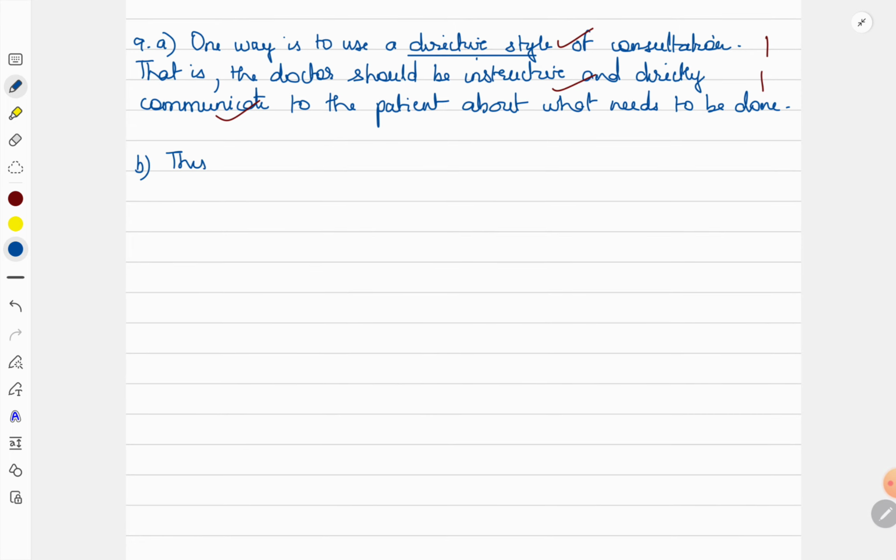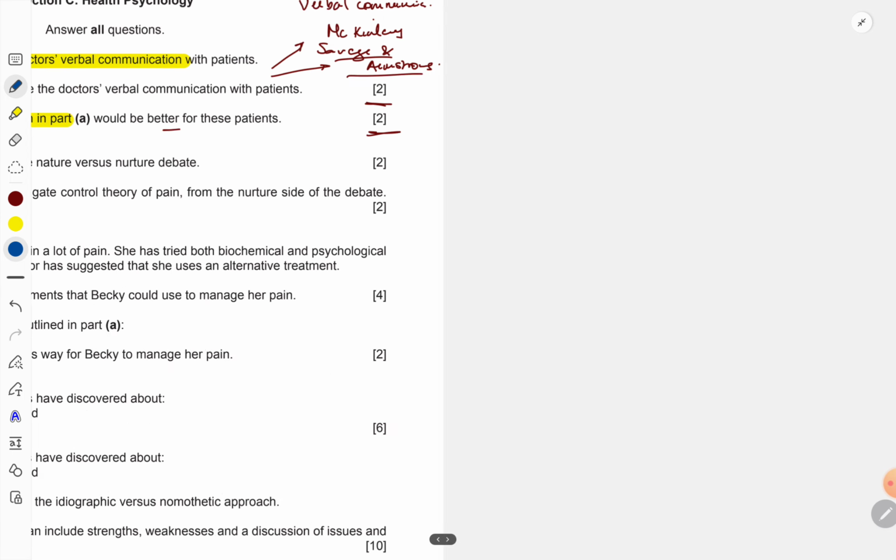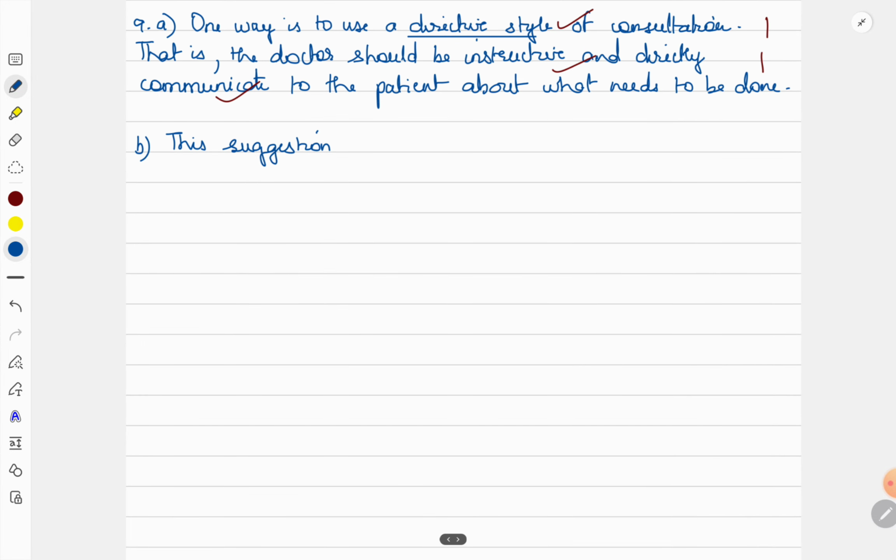So I would take it as B. This suggestion would be better. You can see I keep referring to the question for the wording so that I don't make mistakes by adding some words of my own. What happens is sometimes we interpret the question in the wrong way, so then the type of language we use is inappropriate. So best thing is to just follow the lead of the question. So this suggestion would be better for the patients because